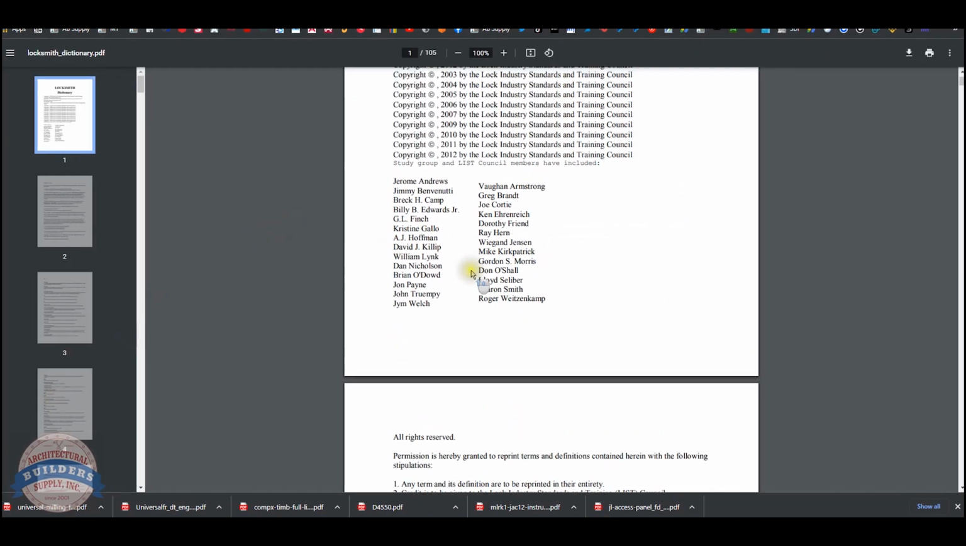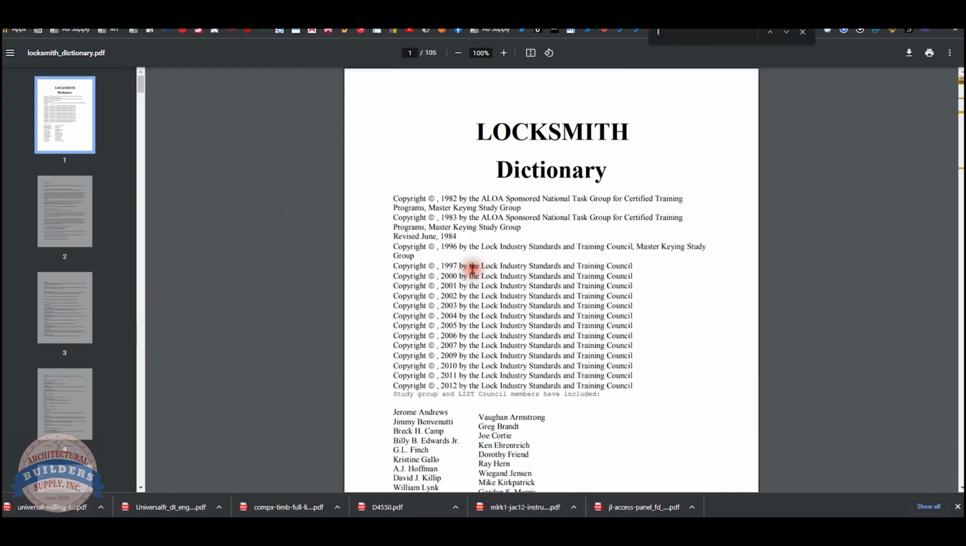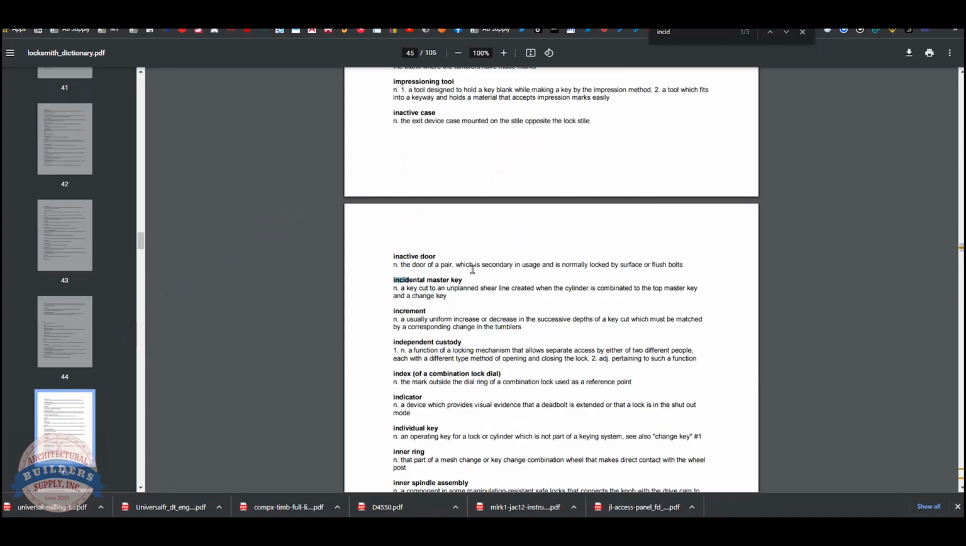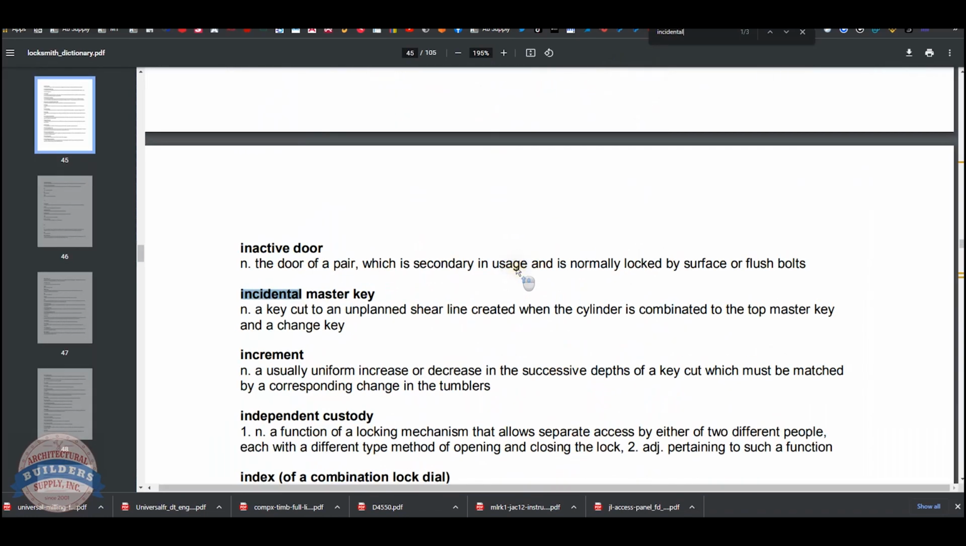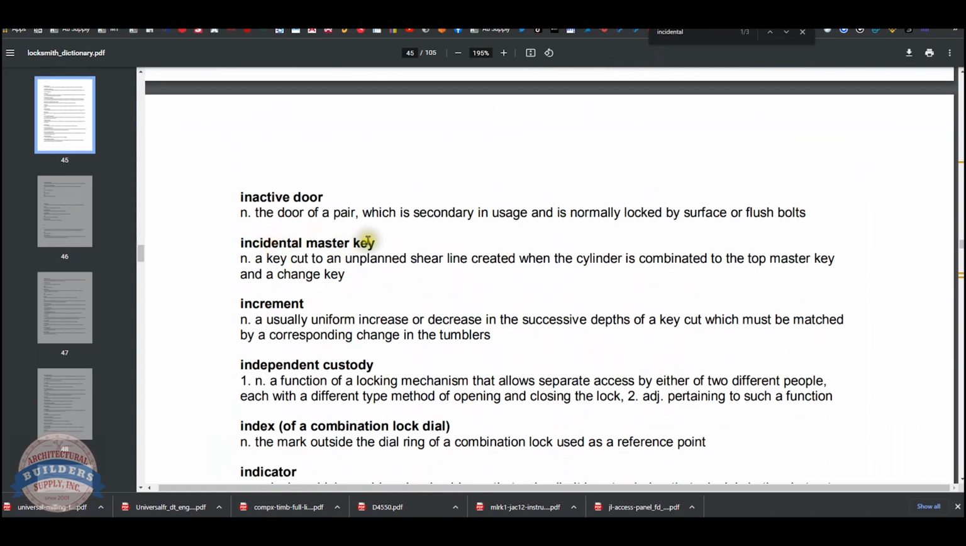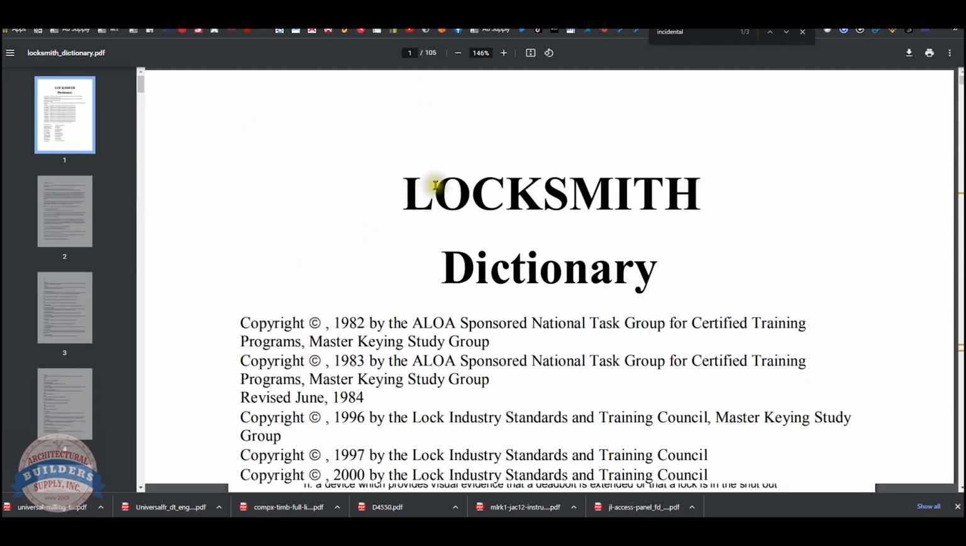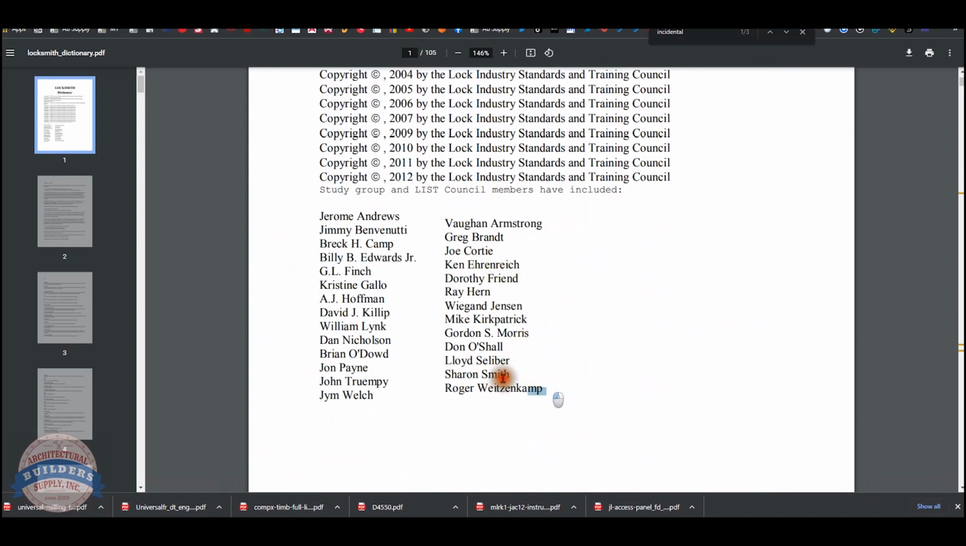Now from the dictionary, when it opens up, you can again use Control F, the find function, and start to look for the word incidental, I-N-C-I-D, and you'll find it. There are three instances of the word incidental, but the one that's important to us is this: incidental master key. This is on the 45th page of this document, the people who put this document together, these names,